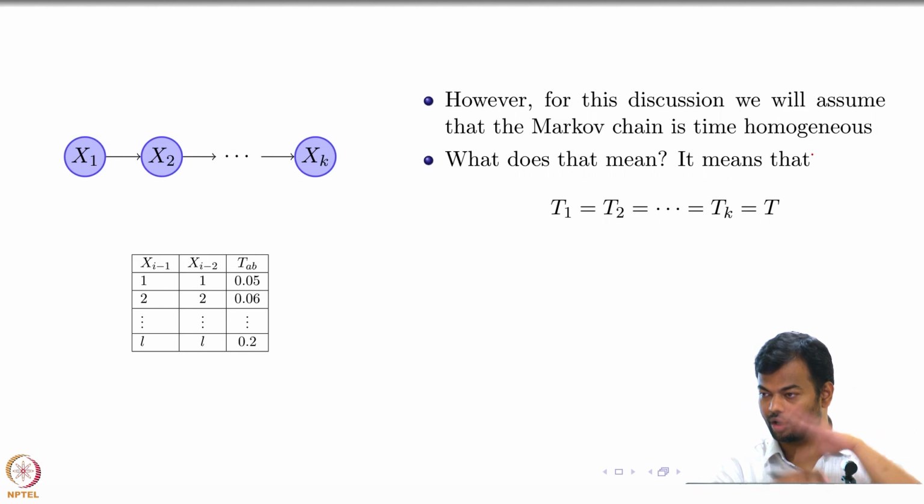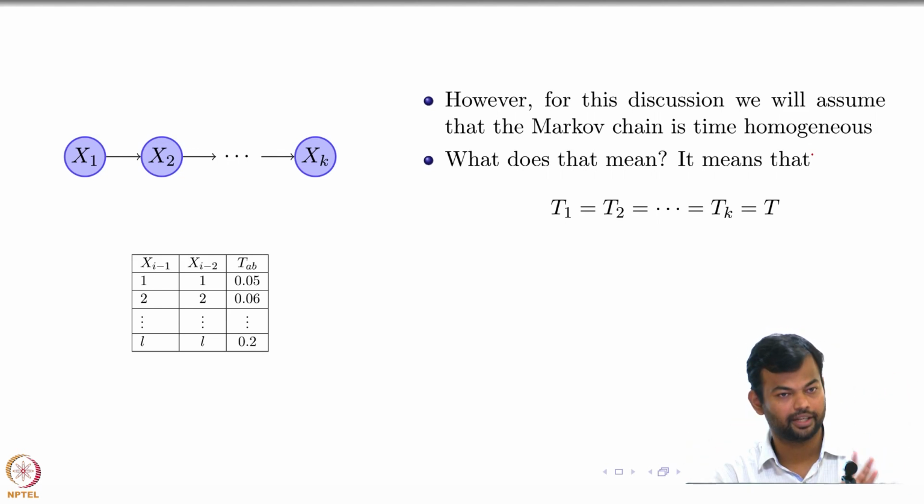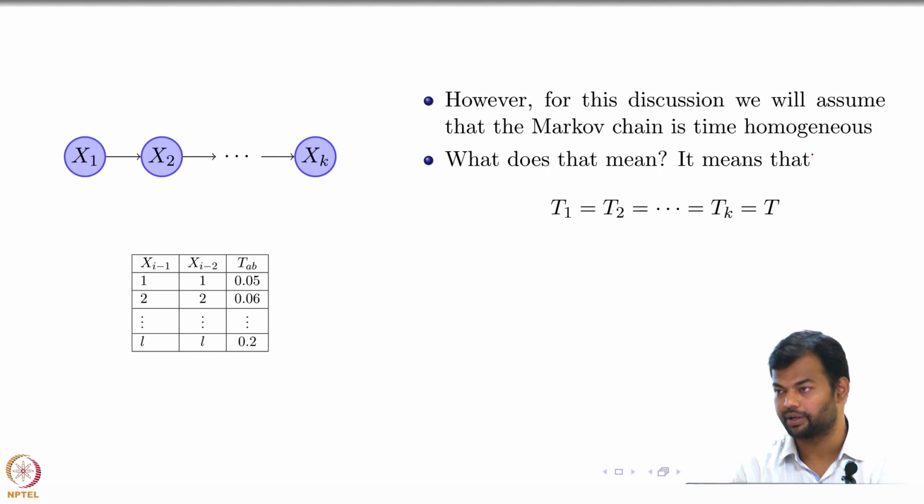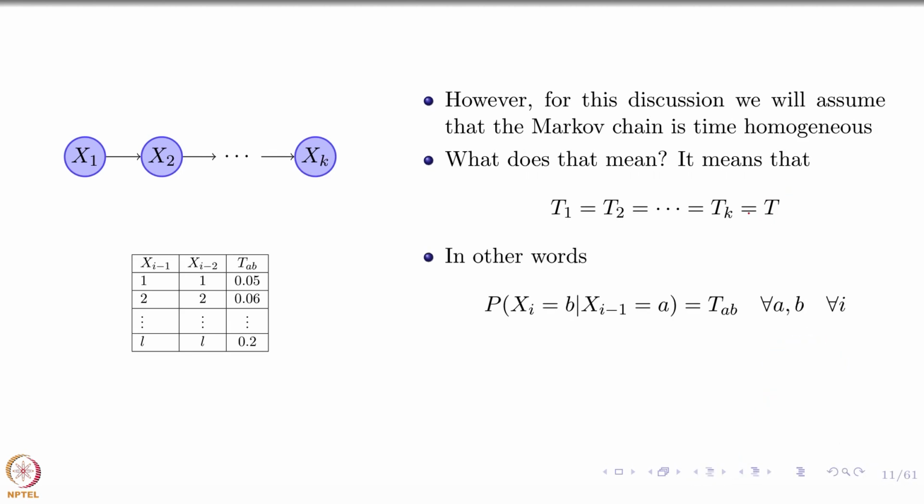So you would expect over a larger population for these transition probabilities to be more or less stable irrespective of the day. Of course, you can again have the weekend argument there, but still we could have several cases in which we can assume that the Markov chain is time homogeneous. That just simplifies our life because we just need to care about one T in that case. So that's what this homogeneous Markov chain means,